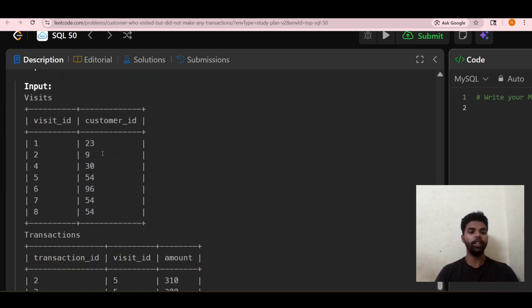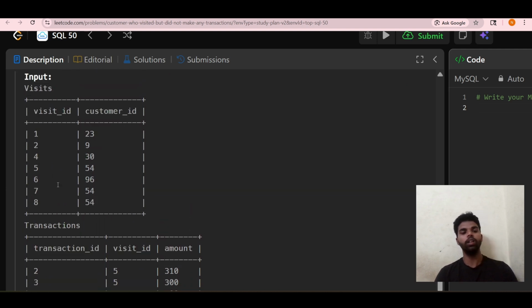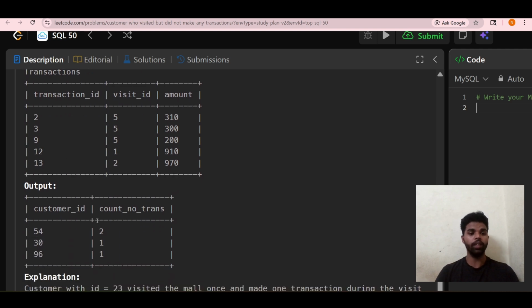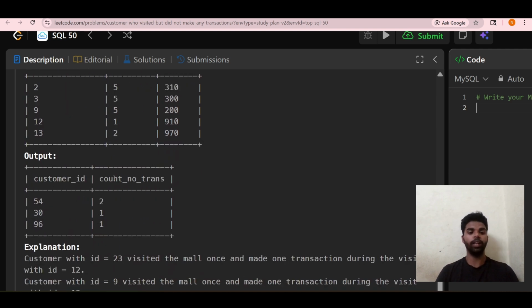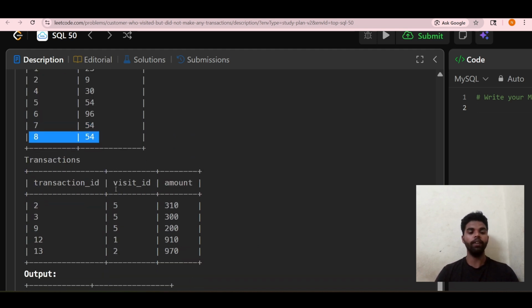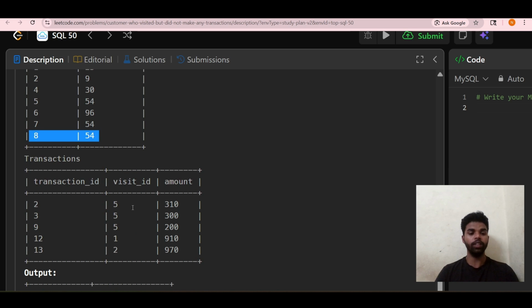Okay, so the first table is Visits and the second table is Transactions. In the Visits table we have these IDs, and in the Transactions table we have transaction IDs. We have to print the customer ID and count the number of such visits. Here, customer 54 appears three times, visits 1, 2 and 3. But if we look at the Transactions table,